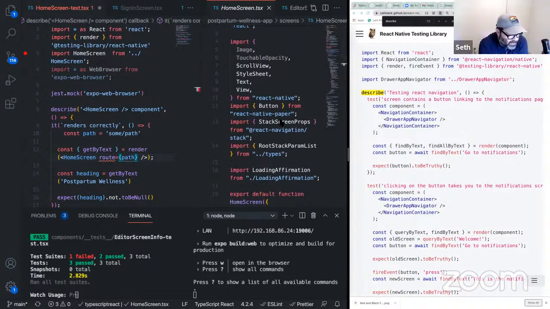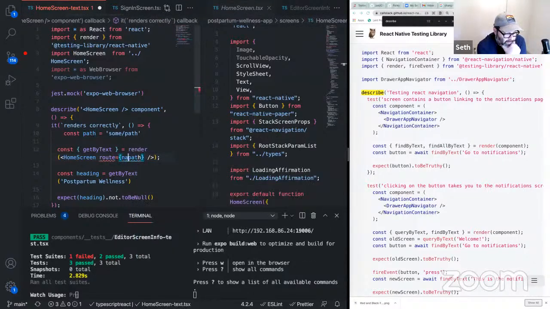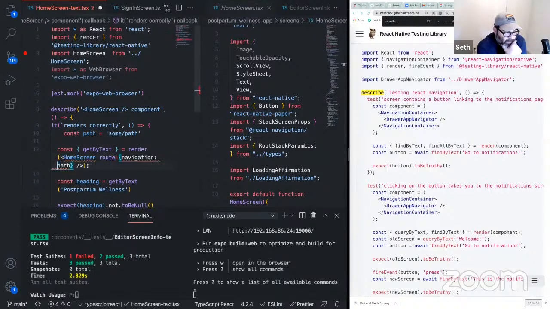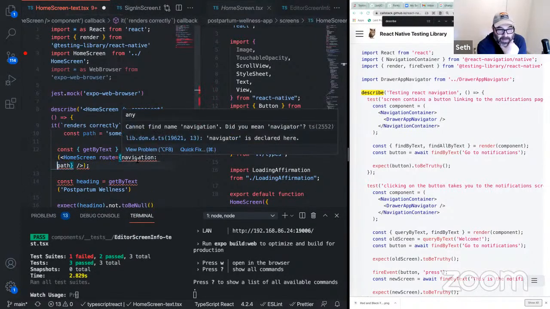Jesse has a suggestion on the chat. Okay, let's see. Yeah, so Jesse wrote something and Nick said the wrong object is being passed into navigation. Yeah, so it does need to be. Okay. So Nick said the right side, the component itself is correct.